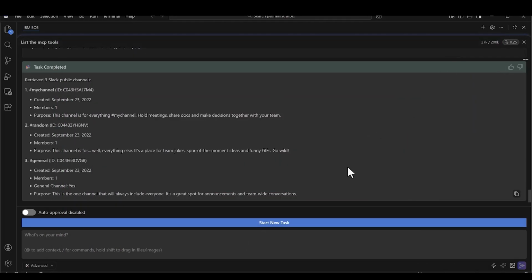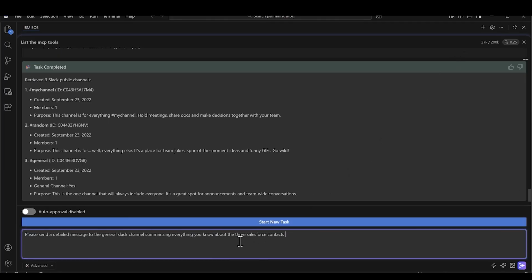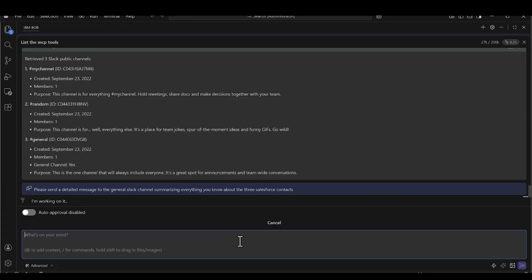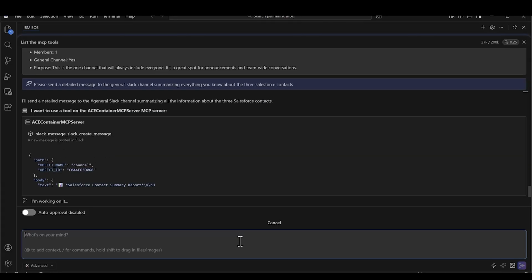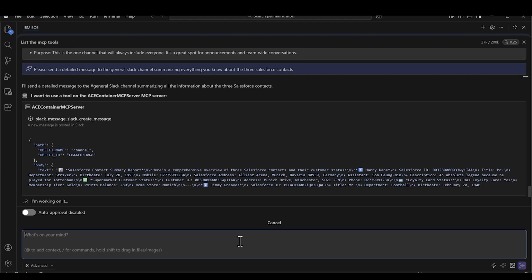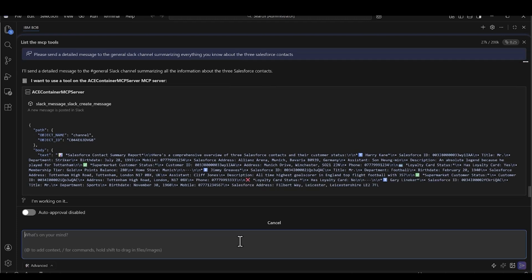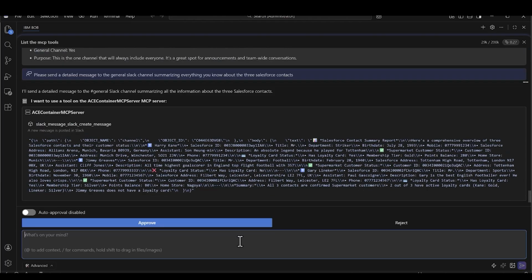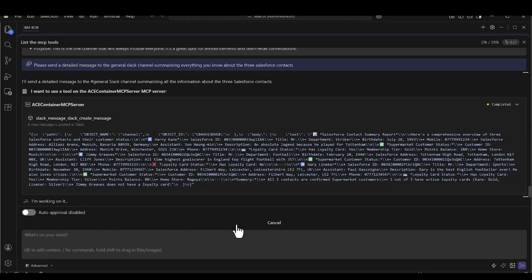and now we're going to ask Bob to send one through. "Please send a detailed message to the general Slack channel summarizing everything you know about the 3 Salesforce contacts." So we're referring to the general channel in an easy human way without the need for those internal horrible IDs. We can see in the background Bob is generating quite a detailed summary message, which has got various icons inside of it, and then on clicking the Approve button once more, under the covers that will send the